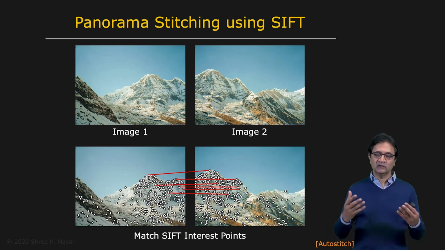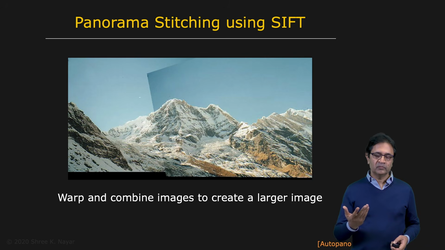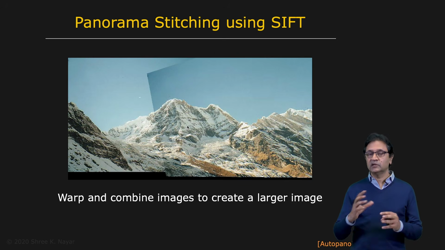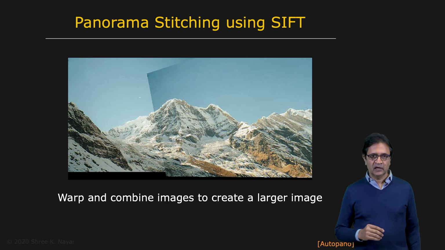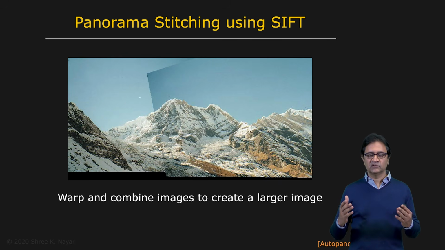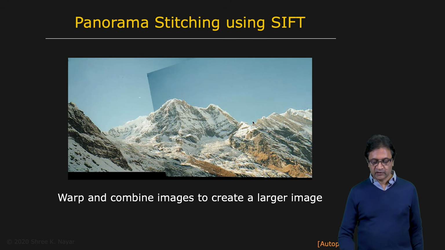Based on these matching features, or correspondences, or pairs of features, you're going to then essentially take one image and warp it and align it with the other image. This process of warping requires a geometric transformation, and we're going to talk about it at great length in the next lecture. But for our purposes here, imagine that such a transformation is possible. You warp them, and then you overlay them, and you get an image that looks something like this, a larger image. We'll also discuss in the next lecture how we remove these seams and make it a completely seamless panorama.